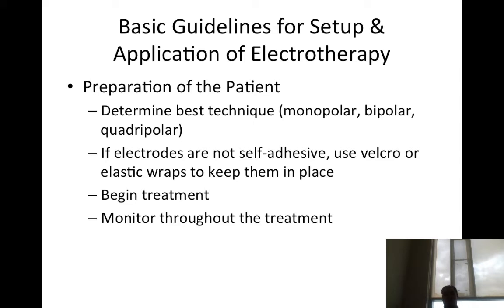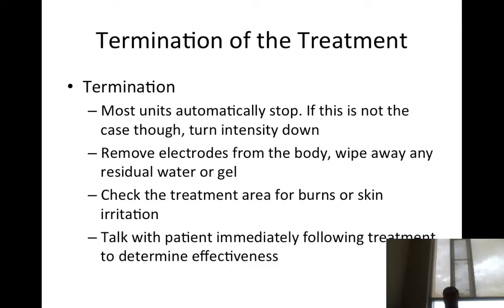If electrodes are not self-adhesive, you could use a Velcro or elastic wrap to keep them in place, and you begin the treatment. Monitor throughout the treatment. Make sure they're doing okay. Make sure that if your unit has a kill switch, they can hit the button for the kill switch. At the termination of treatments, most units automatically stop. If this is not the case, though, turn down the intensity and then to 0, and then remove the electrodes